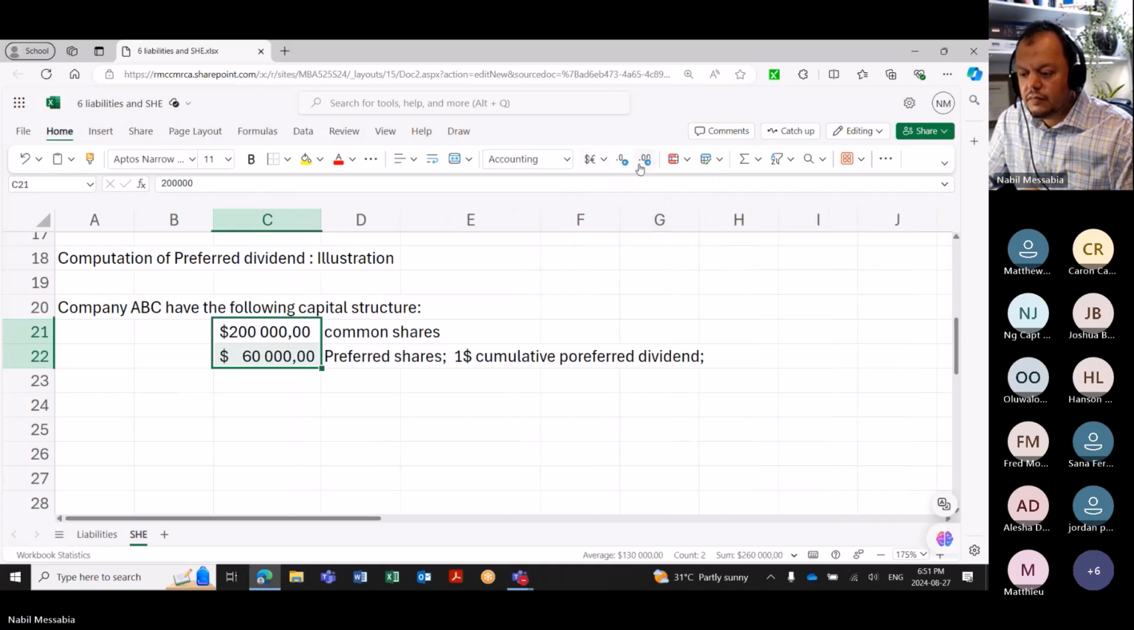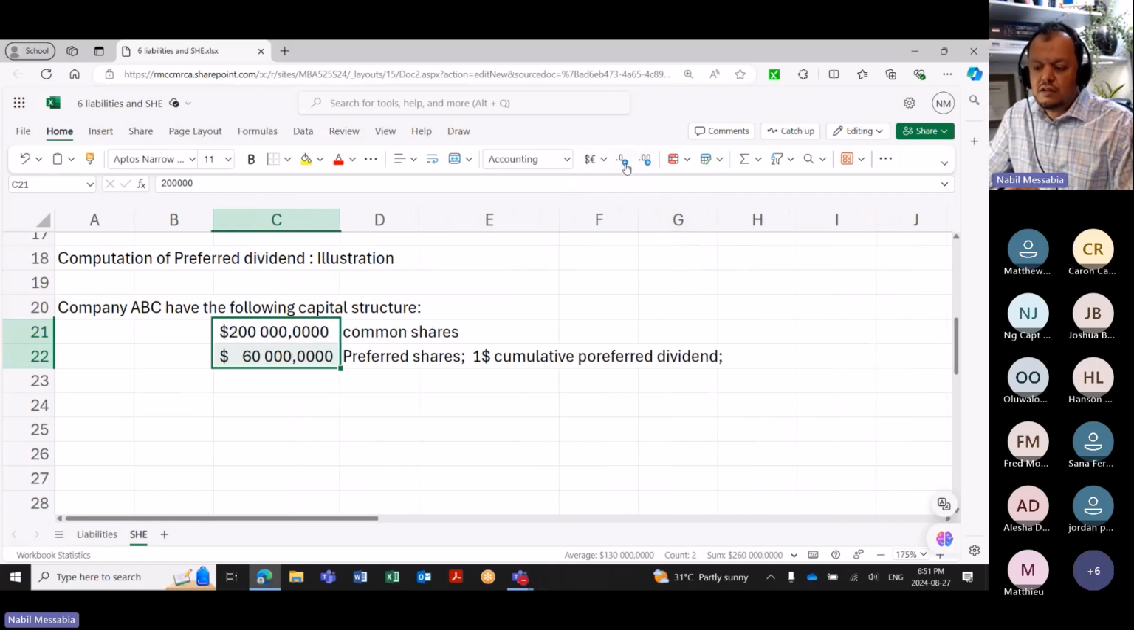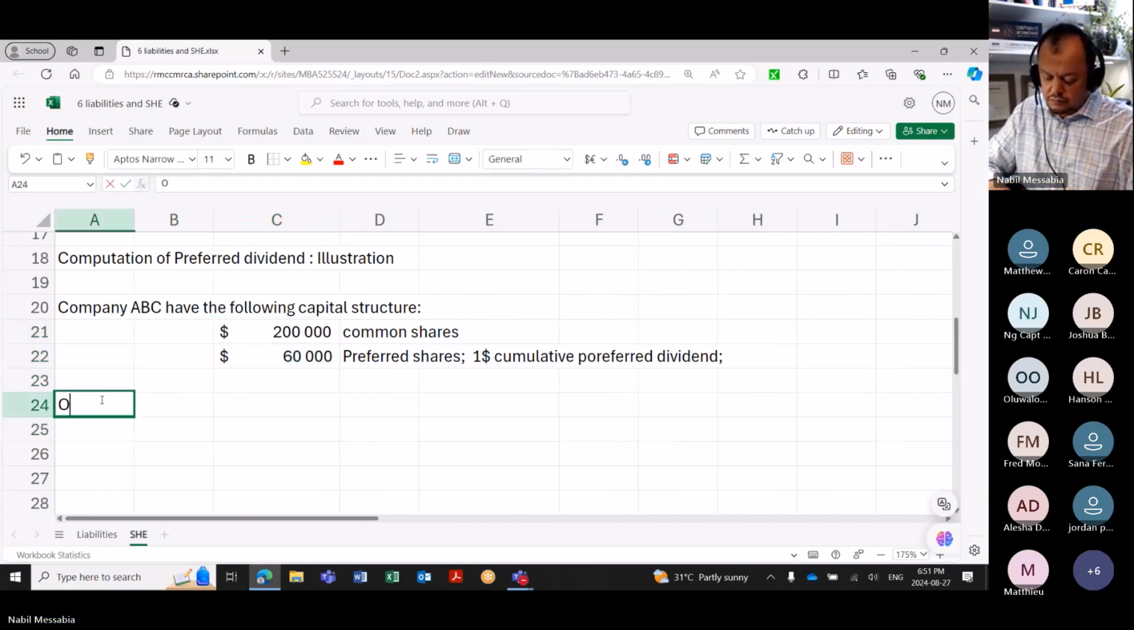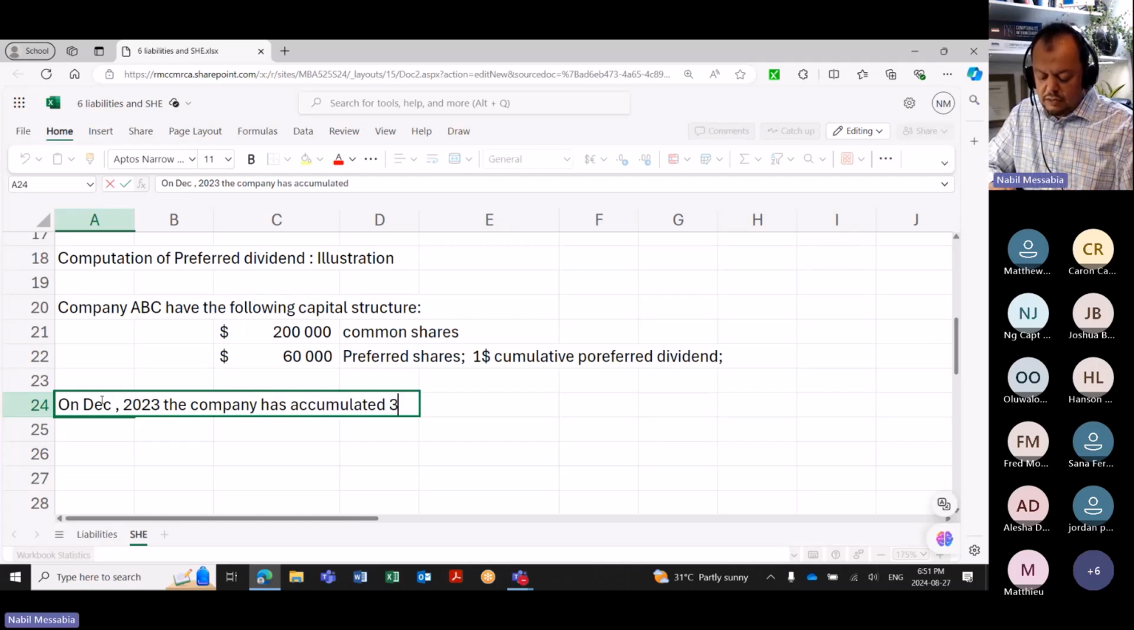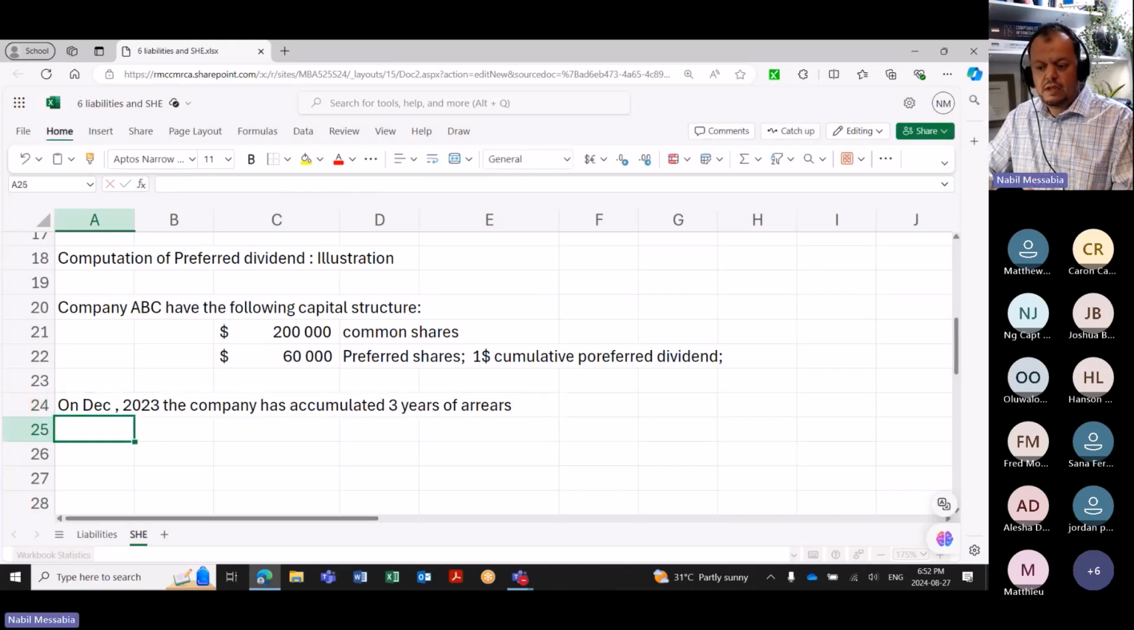And now let's go to a specific year, let's say, December 2023. The company has accumulated, let's say, 3 years of arrears. 3 years of arrears. Okay, and at that day,